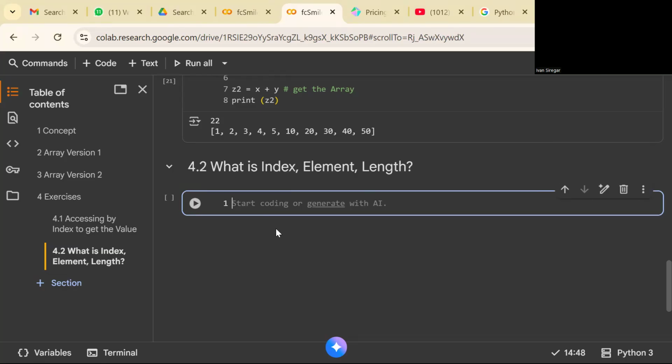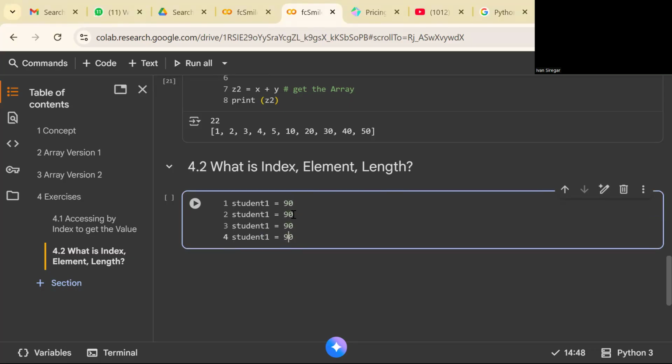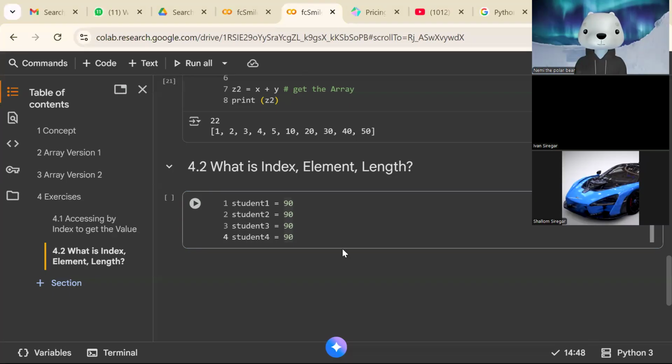So, we have student one, let's say score 90. Student two, student three, and student four. You have student two, let's say 80, 70, and 95.